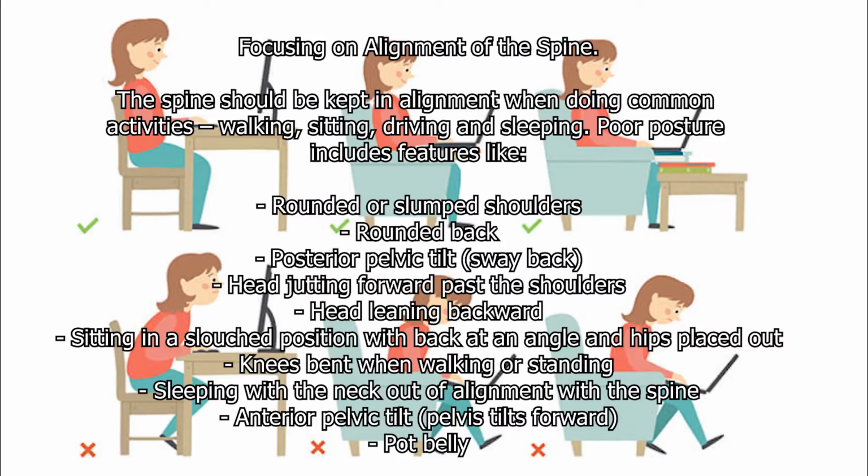Poor posture includes features like rounded or slumped shoulders, rounded back, posterior pelvic tilt, sway back, head jutting forward past the shoulders, head leaning backward, sitting in a slouched position with back at an angle and hips placed out, knees bent when walking or standing, sleeping with the neck out of alignment with the spine, anterior pelvic tilt, pelvis tilts forward, pot belly,